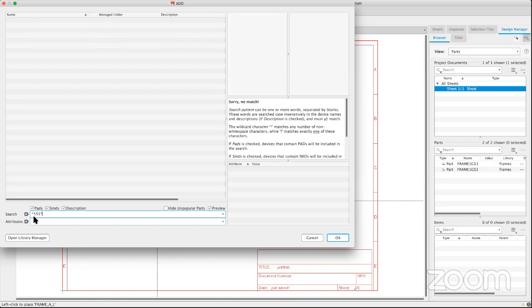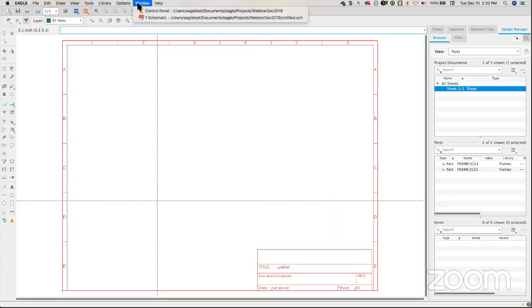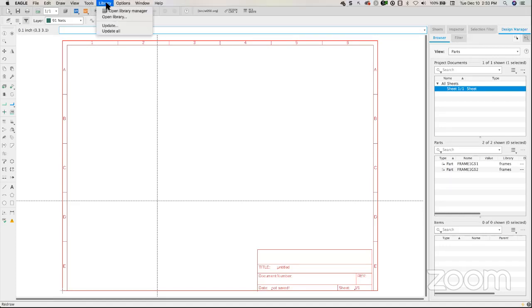I don't have any because I don't have a library that is enabled. I'm going to go back to the control panel. That way I could enable the library I'm looking for. So I could do it directly from the schematic as well. Actually, I'm going to show you how to do it from the schematic as well. So I'm going to click on library, and I'm going to click on